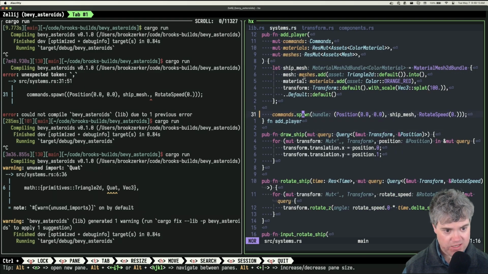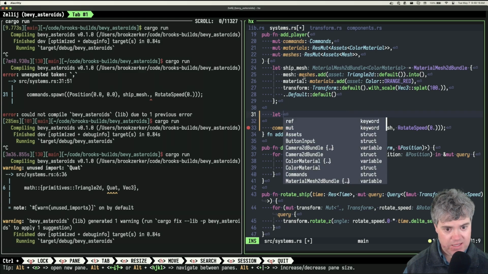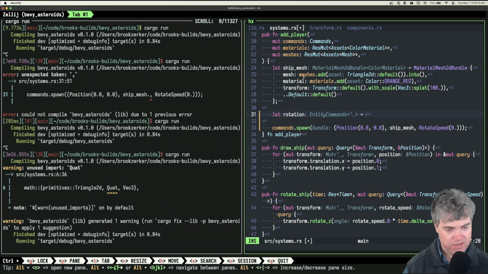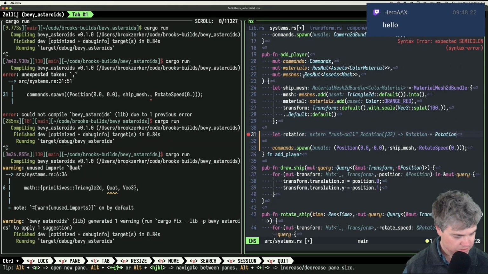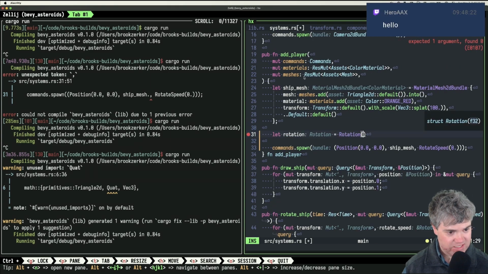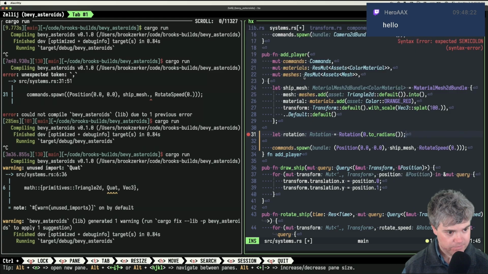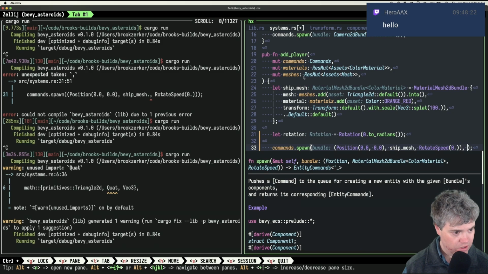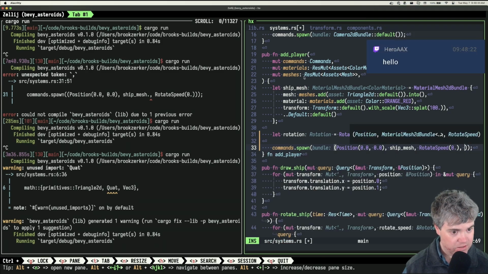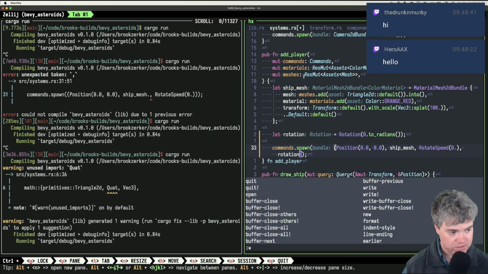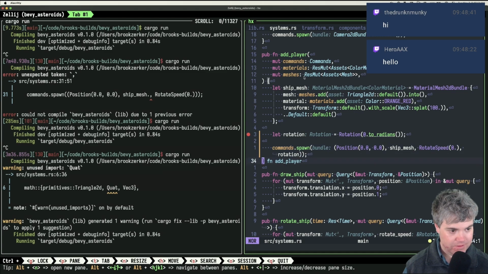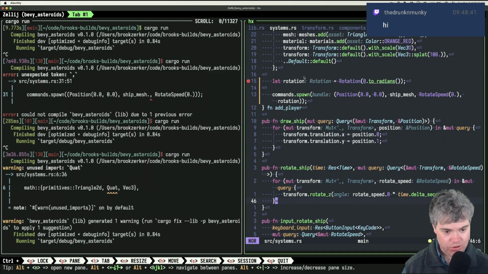Okay, so when I spawn the player, so add player, we're going to have let rotation equals rotation, and we start with 0.2 radians, and then we'll add this in here, right? So in here, rotation. So now we have that. Okay, so we have a rotation.